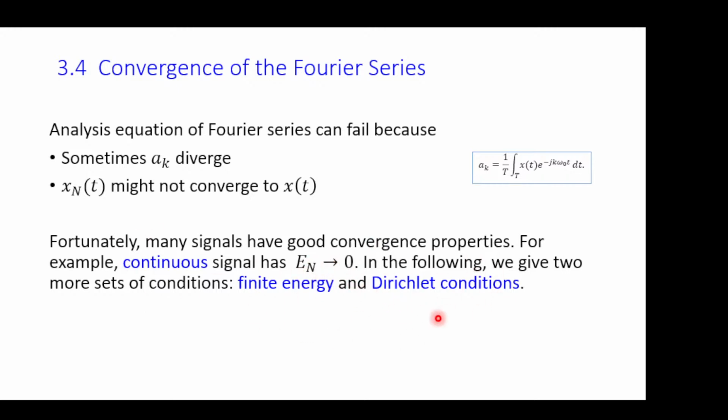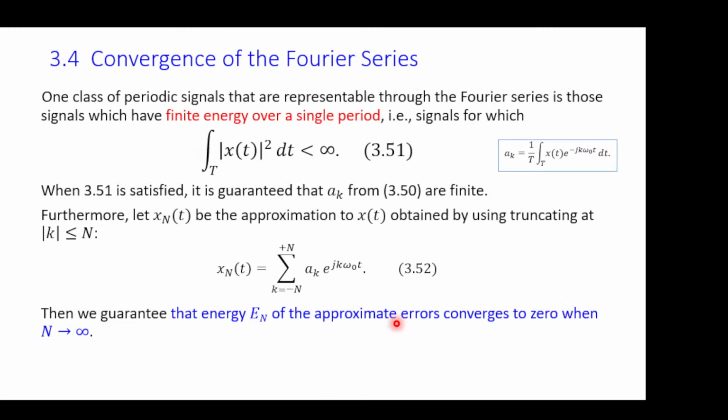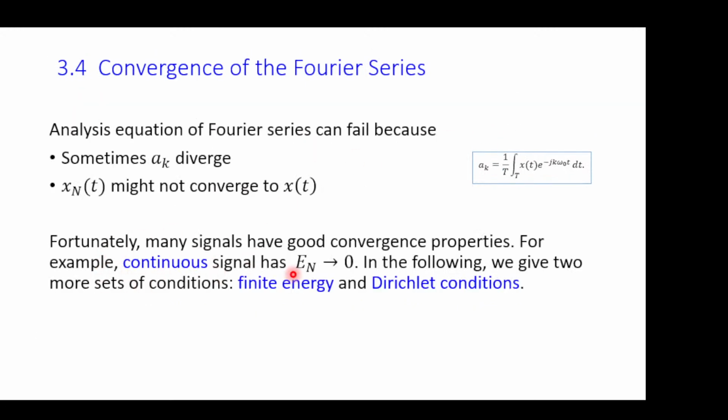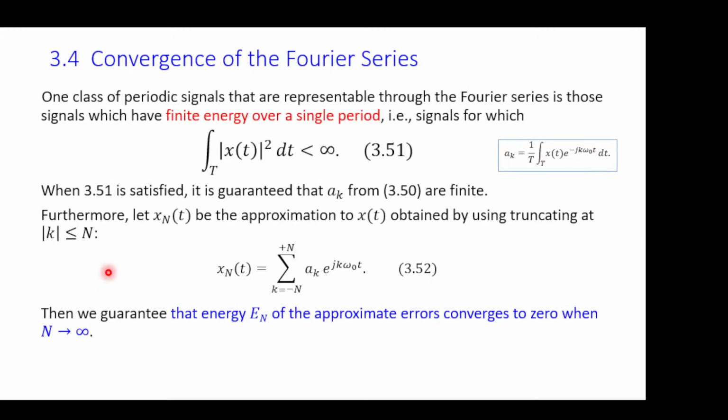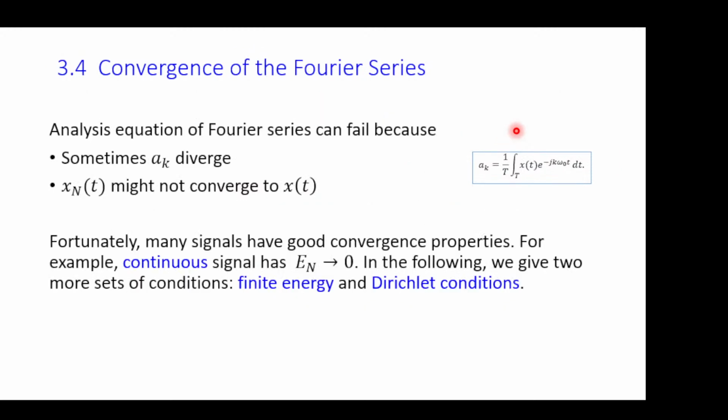In the case of the Dirichlet conditions, it has even better convergence properties, as we'll see. So the first convergence property is if the signal is just continuous, and the second one is finite energy. If the signal has finite energy, actually the continuous one is a little weird, but